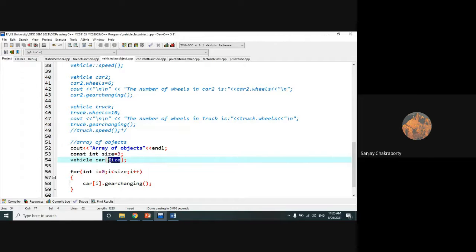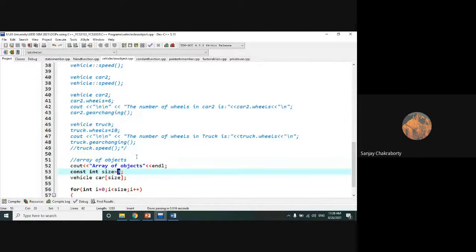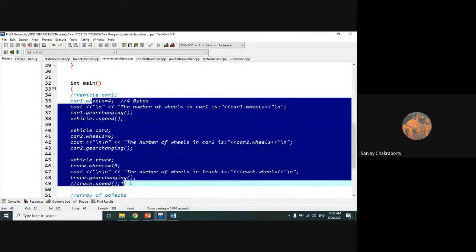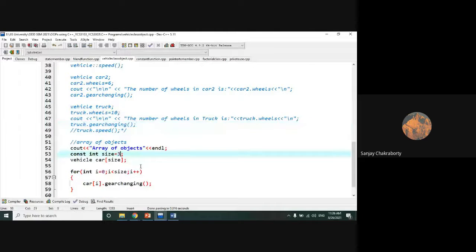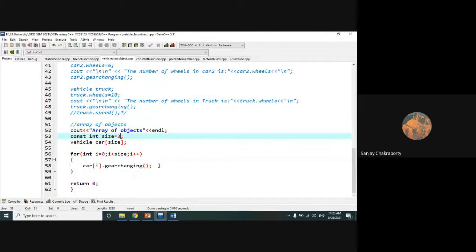You can directly use a value here instead of this variable, or I have defined this variable as a constant type so no one can change this variable size at any point in this program. So I have made this 3. Why 3? Because here I have defined 3 objects. You can give any number as per your requirement.